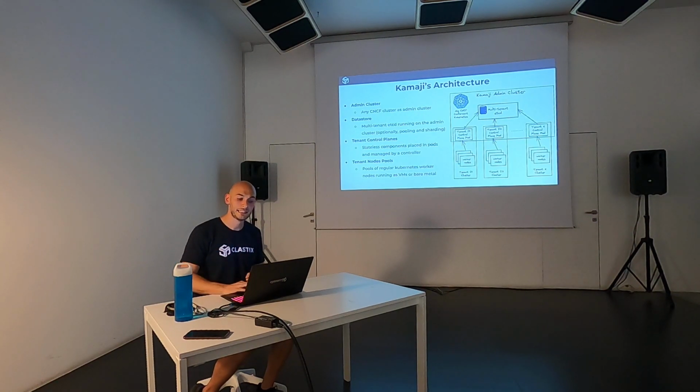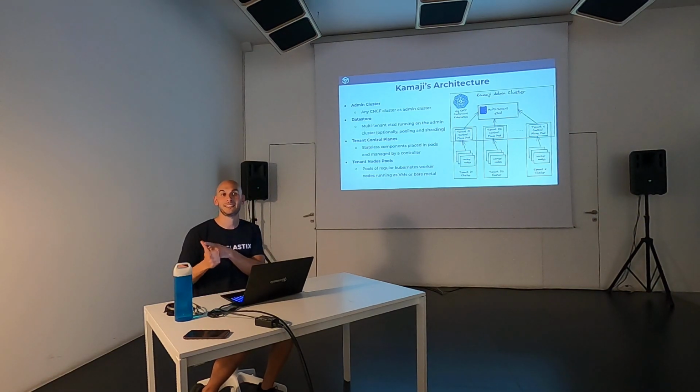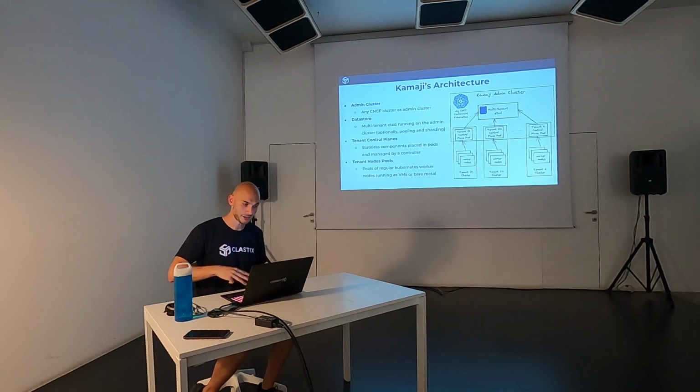And then you have the tenant control plane pods that are announcing themselves using an IP address, and then you have the worker nodes that are connecting using this IP. So we have the data store, which is the multi-tenant etcd, we have the admin cluster that is hosting the etcd and also the tenant control planes that are pods, and then we have the node pools that can be deployed on AWS, on Azure, on your cloud provider, or even on a virtual machine on your laptop. Obviously, it must be reachable by internet.